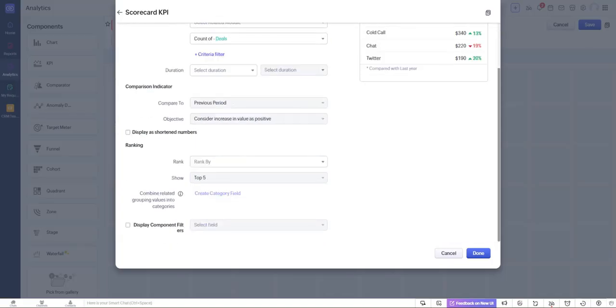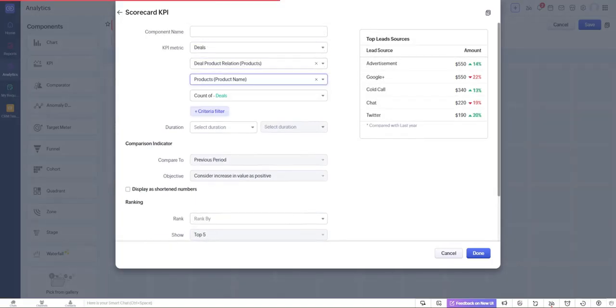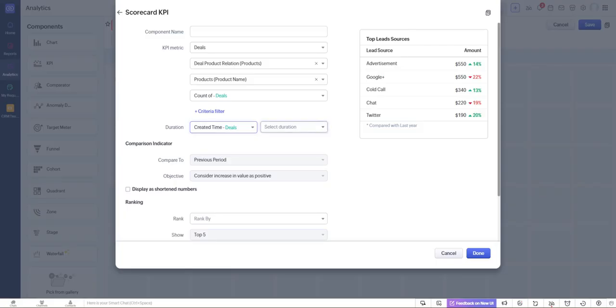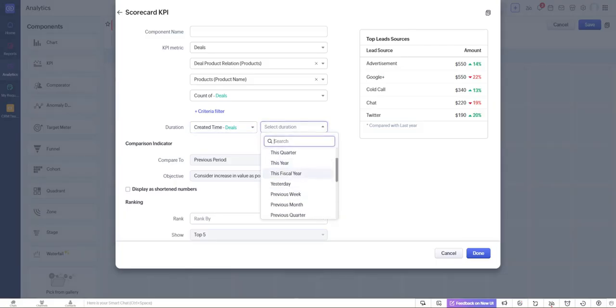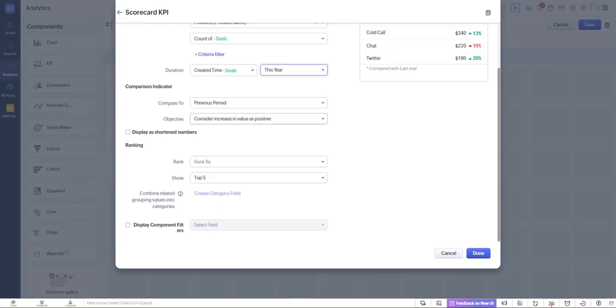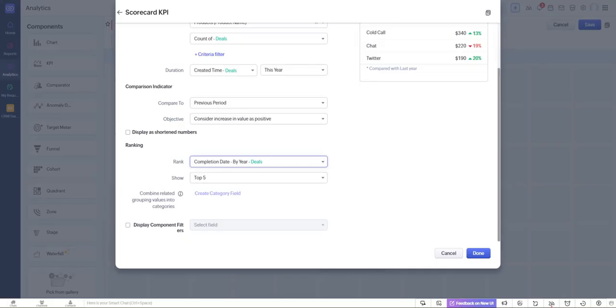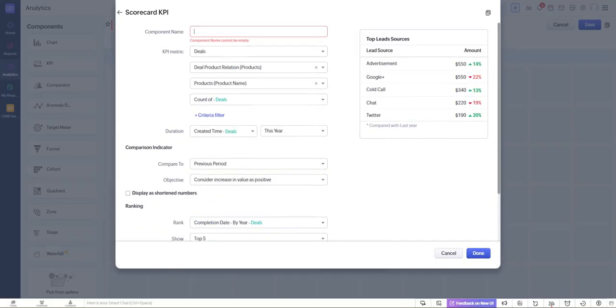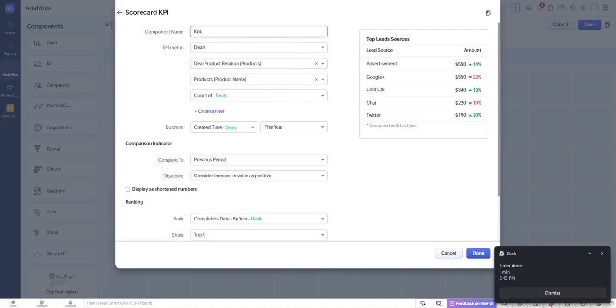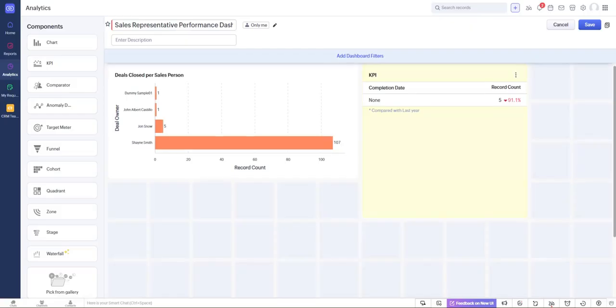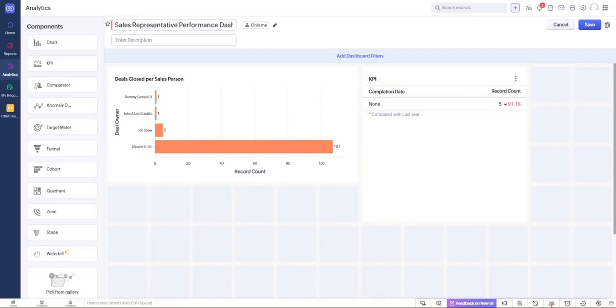So deal product relation, and then let's select the module, this one, and then the duration from created time to, let's add this year, and then let's rank it by completion date this year by year, and then let's click on done. So let's add this as KPI, and then that's it. You can see here